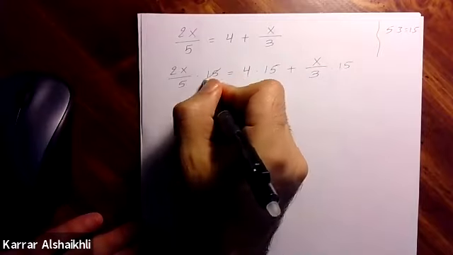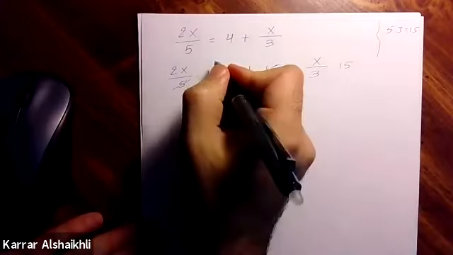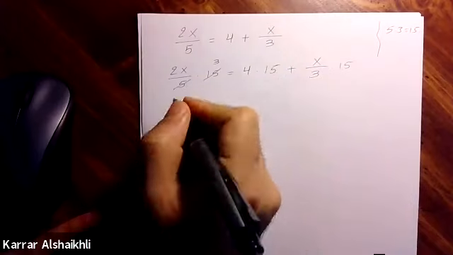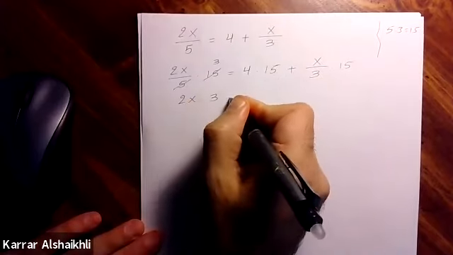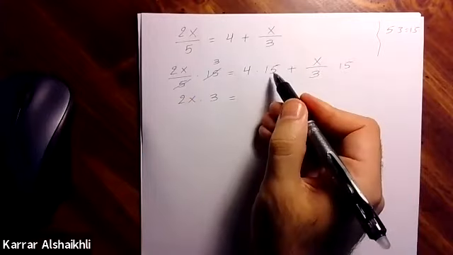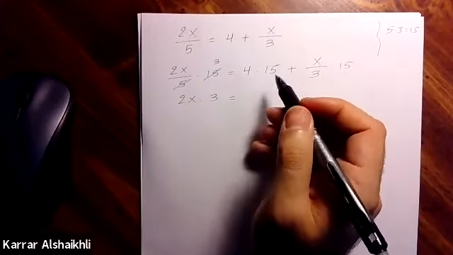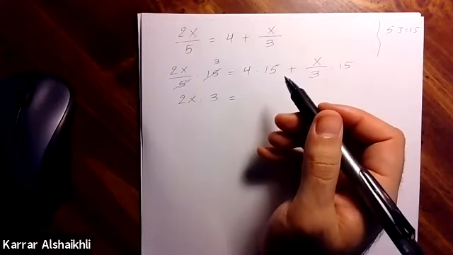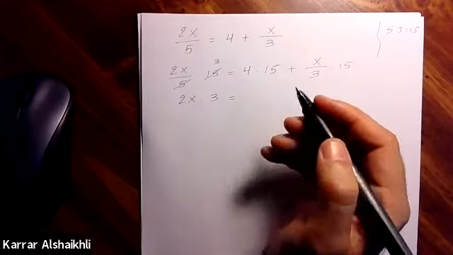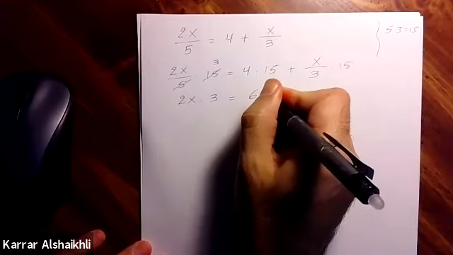So now 15 divided by 5 is going to be 3. So the leftover here is going to be 2x times 3, equal 4 times 15. Sorry, we're going to add 15 four times. So it's going to be 60